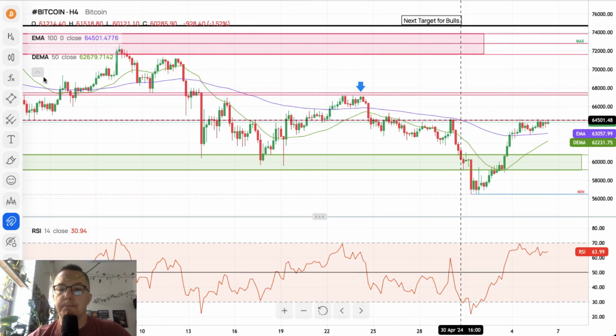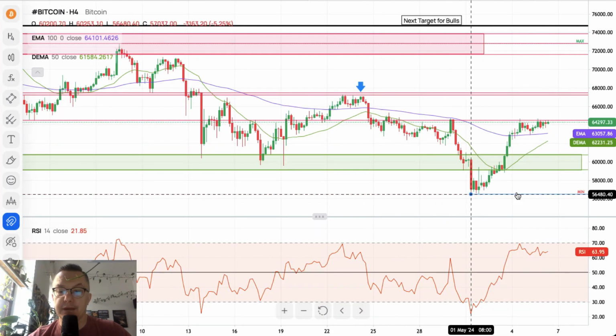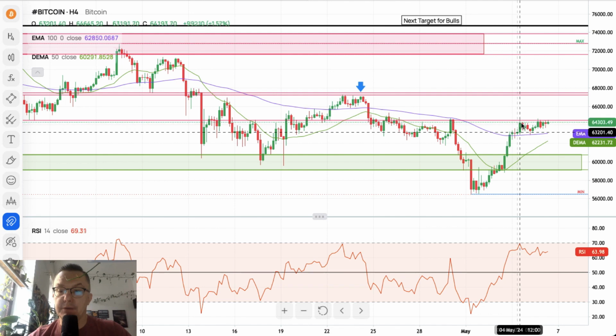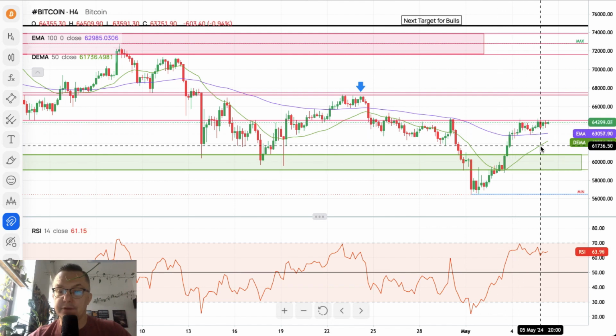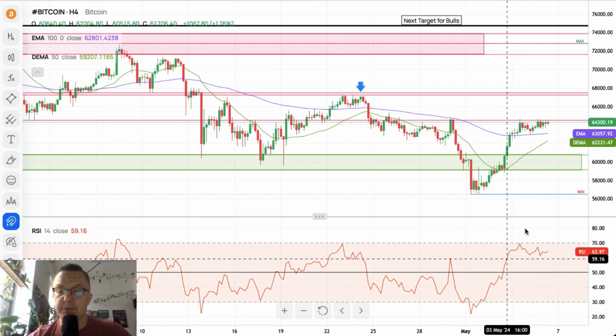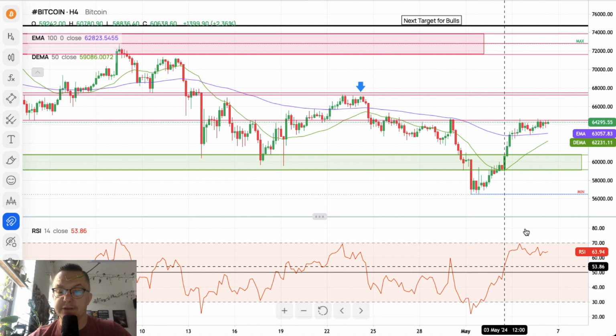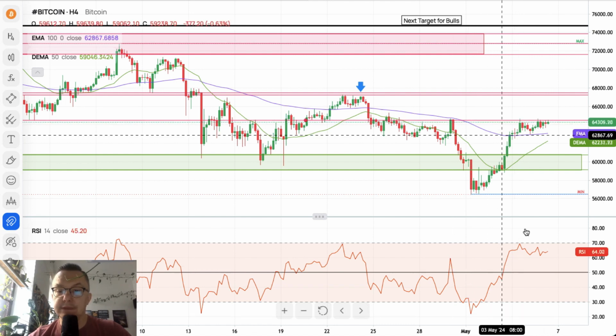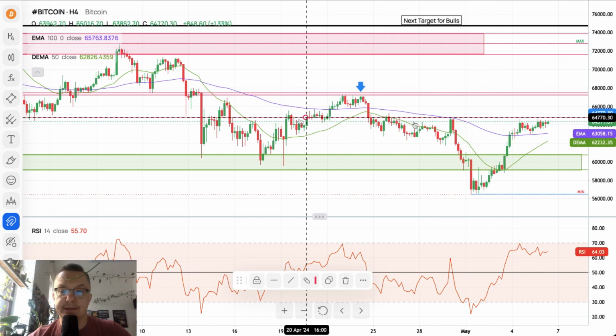Last but not least, Bitcoin. What is Bitcoin doing? We've made a low at 56,480. We broke back on towards 60,000. We broke above the 50 and 100 periods moving average, hit the extremely overbought market conditions. So from all the oversold to the overbought, and the overbought was the technical resistance,